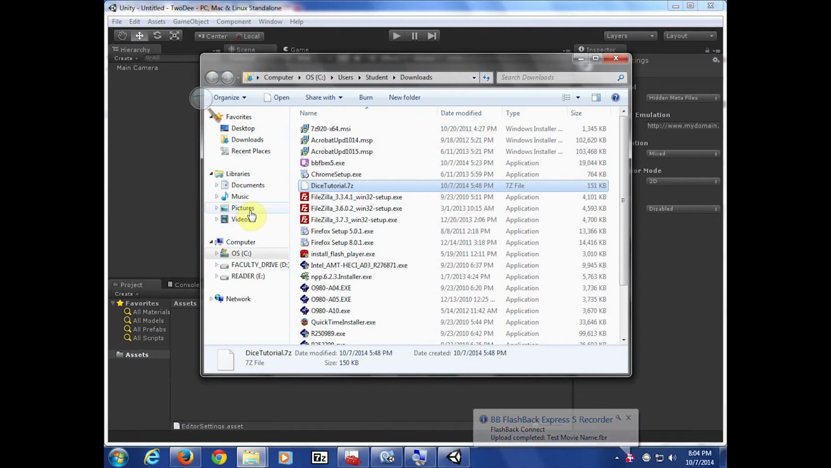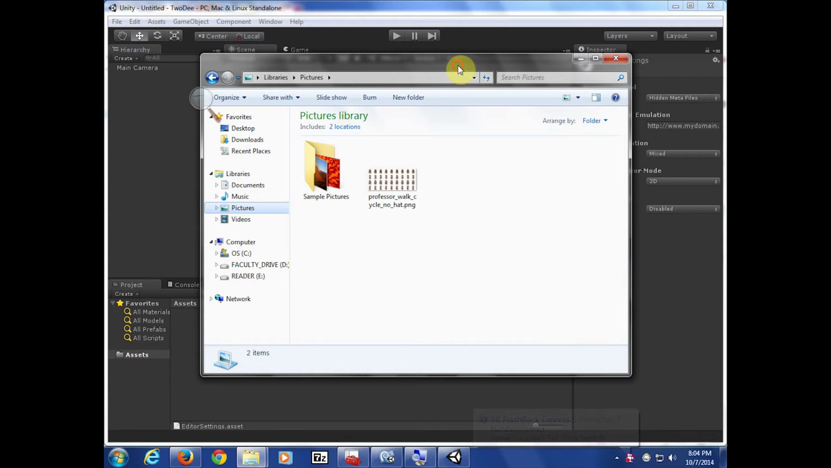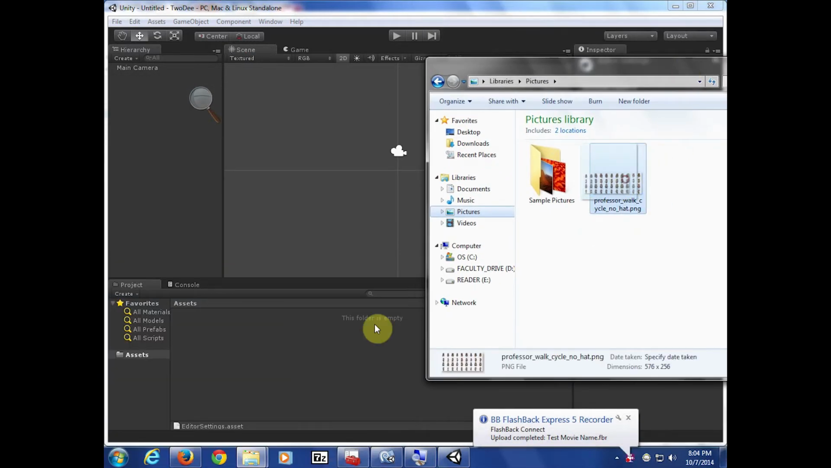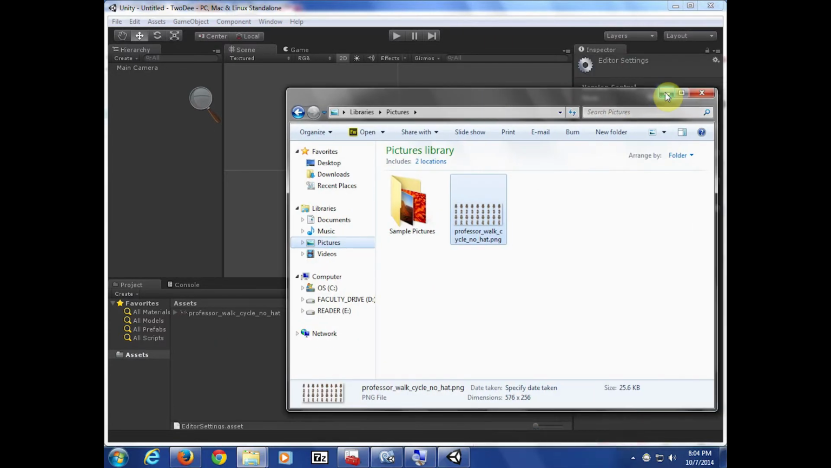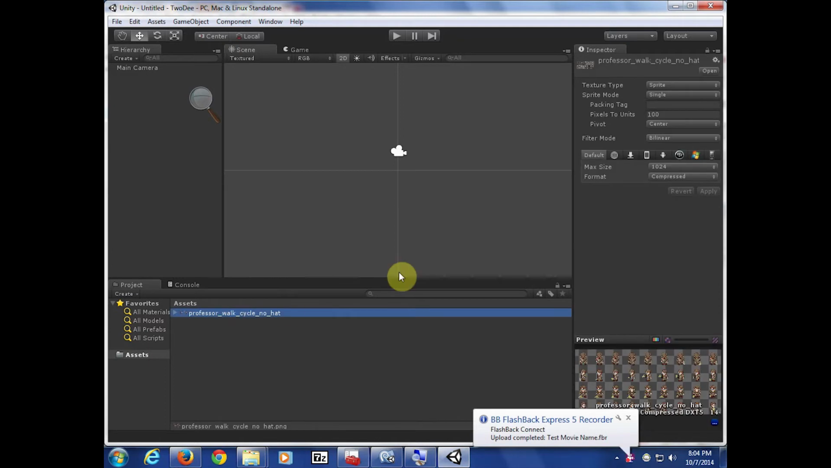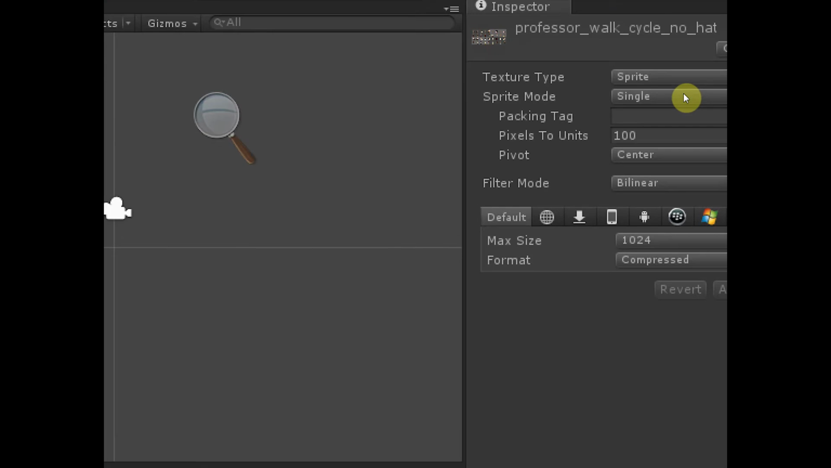Okay, I put it in pictures, and I'm going to just drag this and drop it into my assets. I don't have any folders set up or anything, so I'm just going to drop it in there. And when you're working in 2D, the very first thing you want to do is immediately click on that imported asset, and you want to come up here and look at all the properties